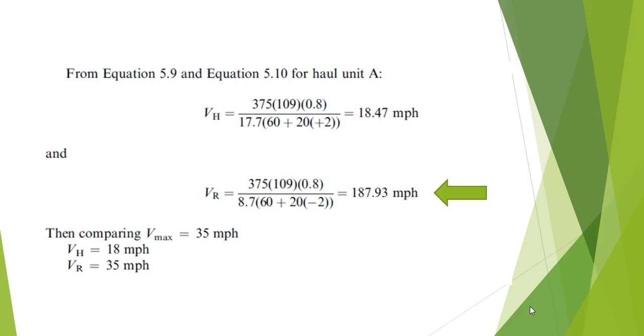And we can do the same thing for that return. And the author has the wrong number here, just so we know. 187.93 miles per hour isn't quite right. It's actually 35 miles per hour. And so if we have a velocity max of 35 miles an hour and a haul velocity of 18 miles an hour and a return velocity of 35 miles per hour,